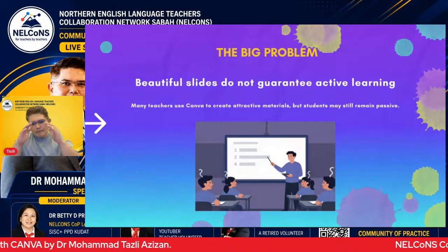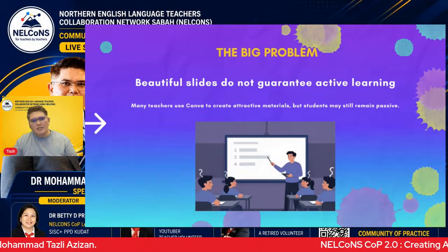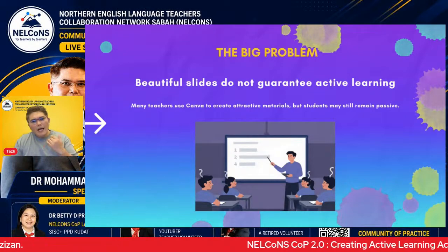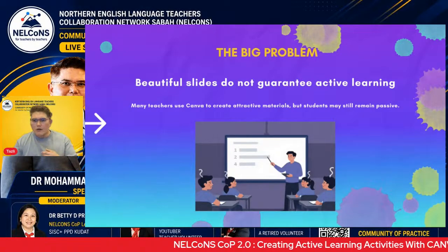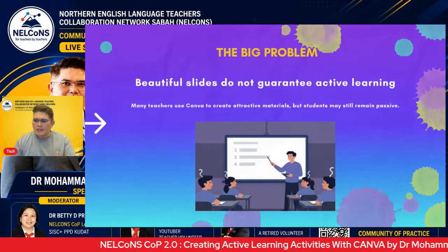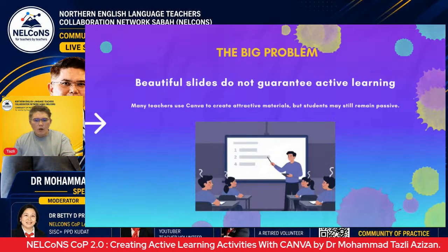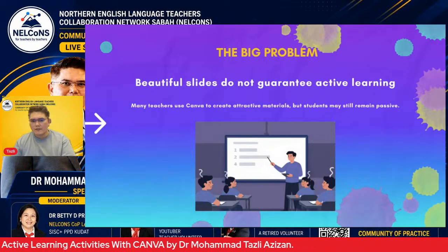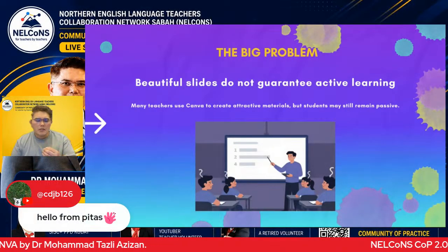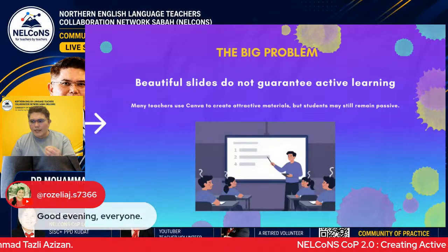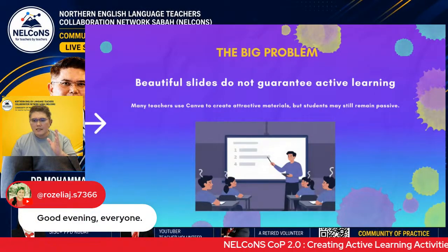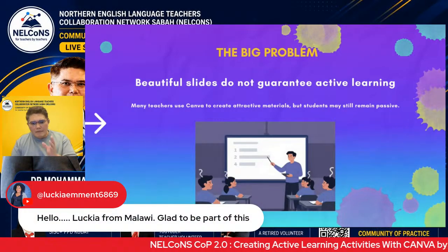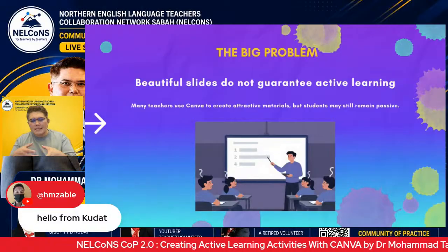There is actually a pyramid of learning. For example, if I just give a lecture, or I just ask my students to read, or to watch what I'm saying, those are still considered passive learning. After a while, the students cannot remember what they have learned, what they have read, and what they have listened to. But in order to make them really active, you need to make them participative